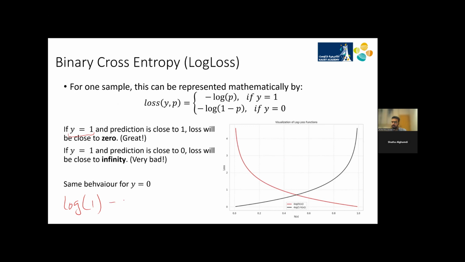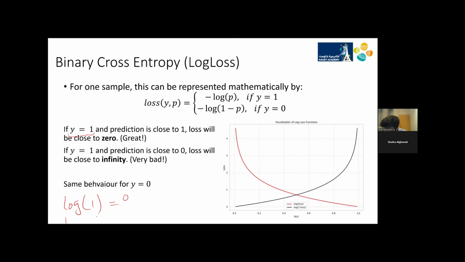Log of 1 is 0, right? So in this case, the model made the correct prediction. We got the loss of 0. But let's say the true label was again 1 and the model made a prediction